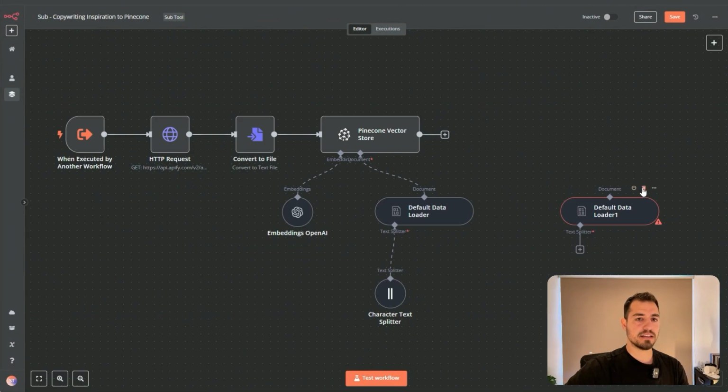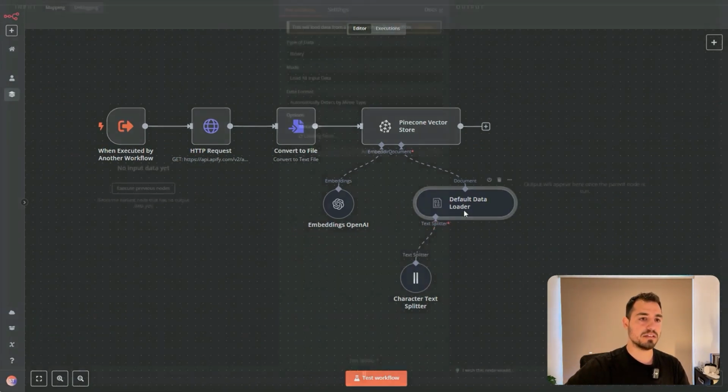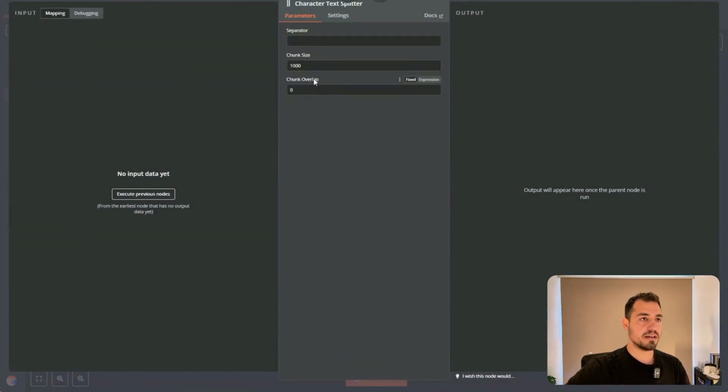So once I had this complete process ready, in the end, I added the text splitter. What this does is it splits the text that it sends to Pinecone. So instead of sending a huge bulk of information that is very hard to go through and grab all the information you want, you can just put a chunk size, like 1000 characters, and the chunk overlap is how many characters you want to have overlapping between different records